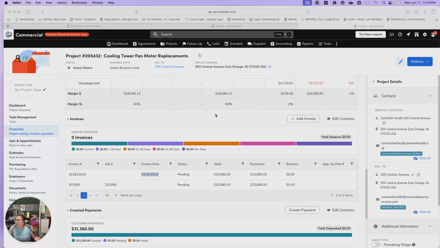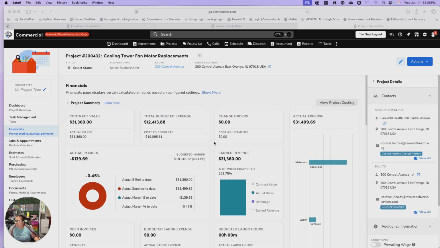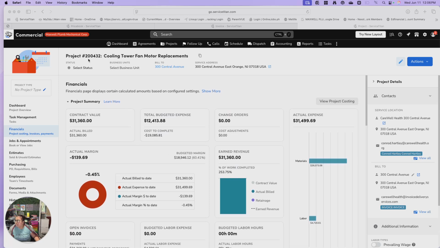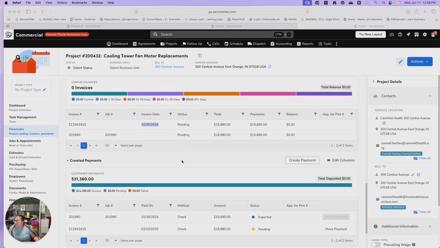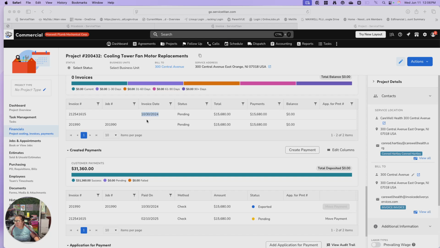Okay, I just wanted to go over this one that Nance asked about. All right, so this here is the project, right? So it's 300 Central, and it was this job that Nancy had the two payments for. So the one thing I wanted to mention is that because this one's exported, I could move the payment, but